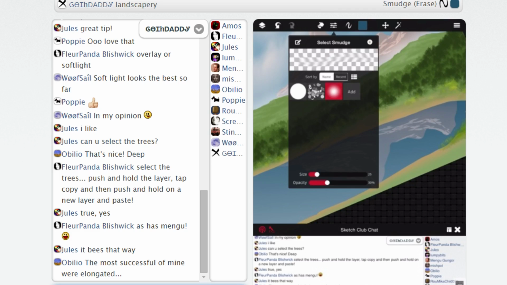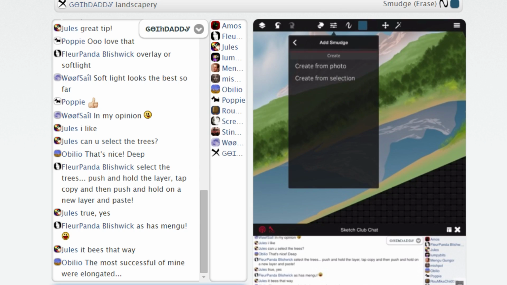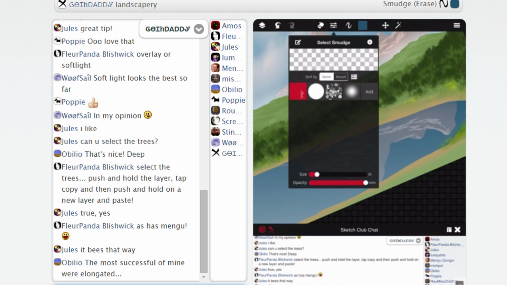You wouldn't see, unless there was absolutely no weather going on at all, that reflection wouldn't look like that. So this is where we need our pal Smudgy to come in. You will want to pick a brush that is